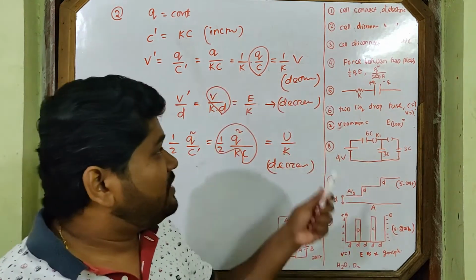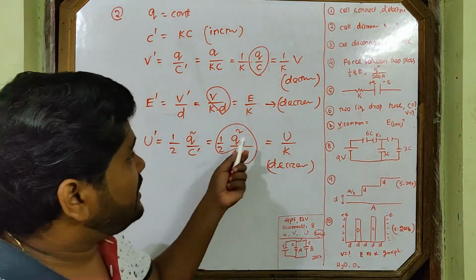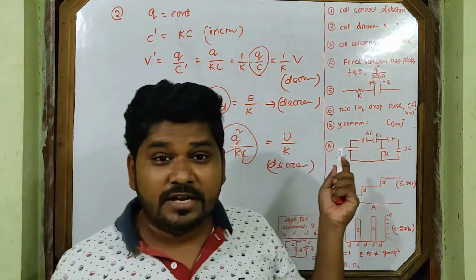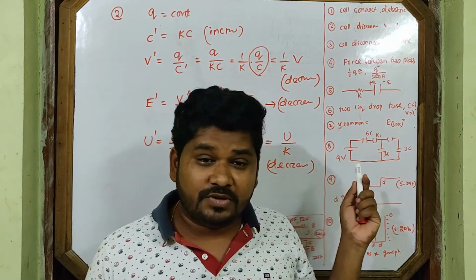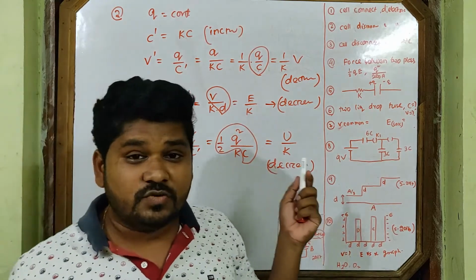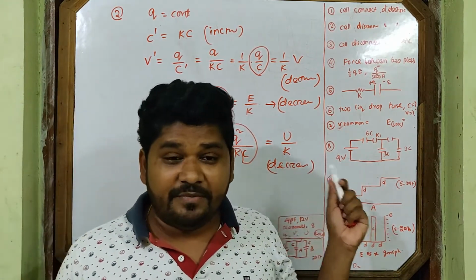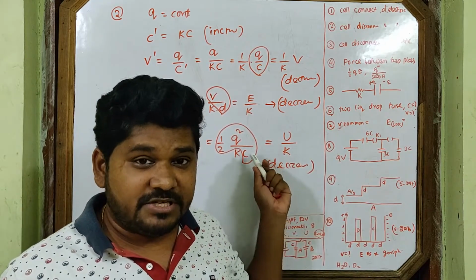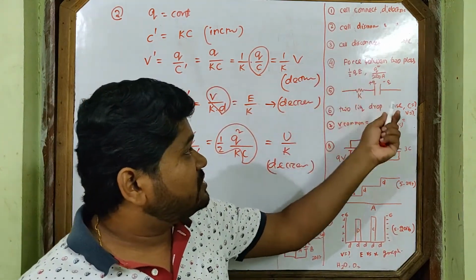Okay, so now let's come to question number 3. It's a similar type of question, and in this question, as I told you, the cell is disconnected. This question came in the 2009 board examination. The questions in the board CBSE examination always come based on this concept, as well as in school exams; teachers always like to put this type of question. This concept is very important in capacitors, and based on it we can have many questions. So I discussed 2 questions, and I will go to question number 3.